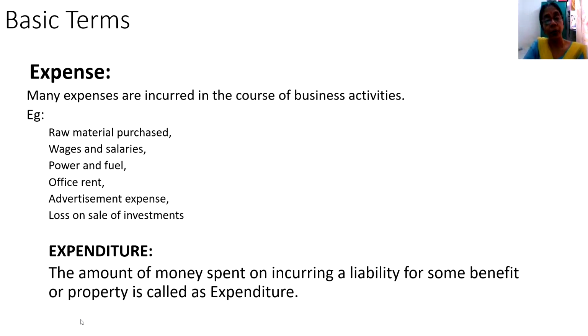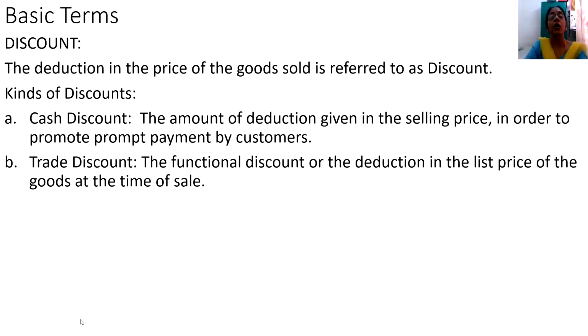If I have to explain to you in accounting terminology, expense refers to the revenue part and expenditure is related to the capital part. Revenue indicates the day-to-day activities, regular course, which is recurring in nature, and capital items are referred to as abnormal items which happen not regularly. They are non-recurring. So expense is incurred in the regular course of the activity. Expenditure is incurred once in a while, which is non-recurring in nature.